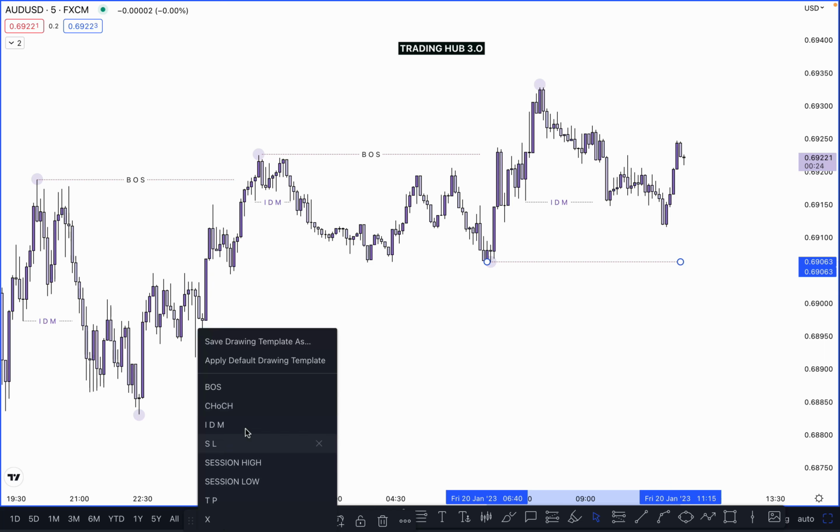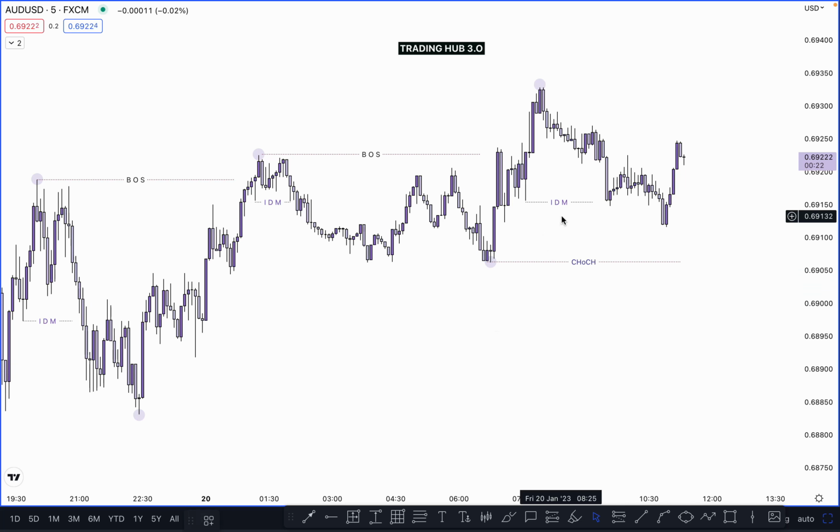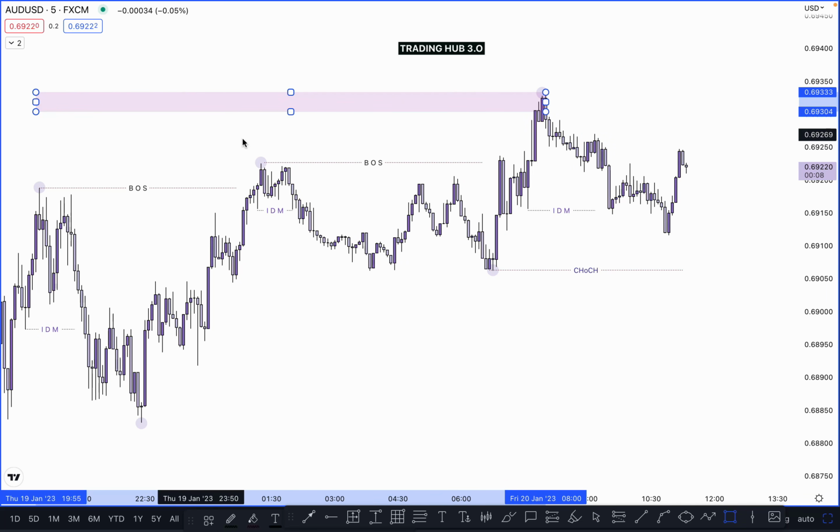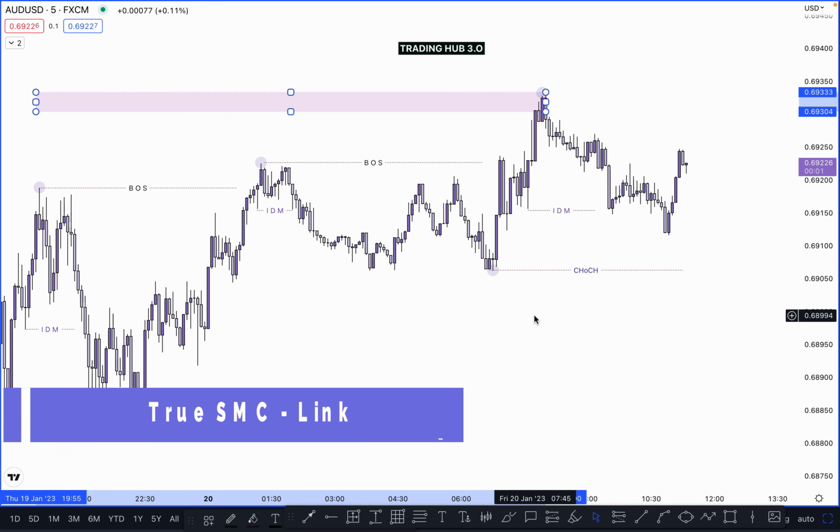And this one is our change of character because this is our first indication market broke the actual structure here. Only two cases change of character is applicable. First one, when price tap on your PY zone. So first high or low is called our change of character in a bullish market. If market break the major low and major high, which one is also called change of character in a bearish market and bullish market.